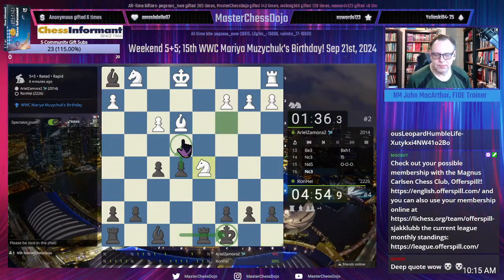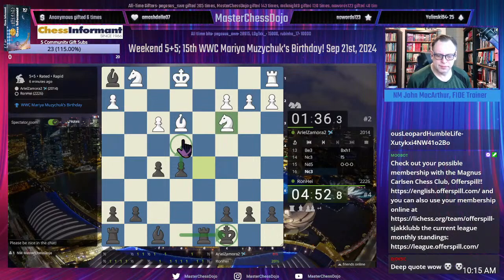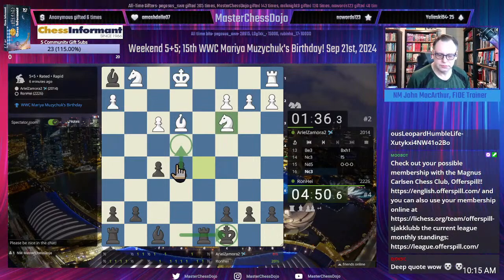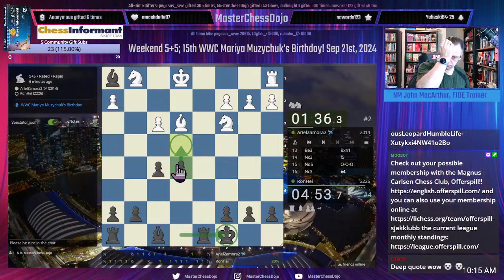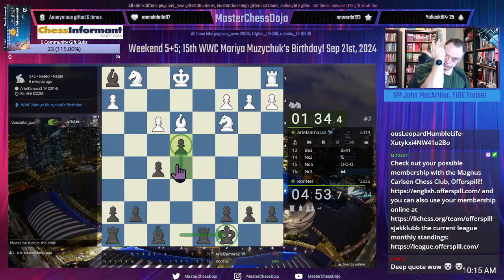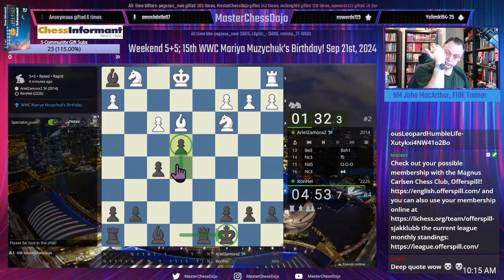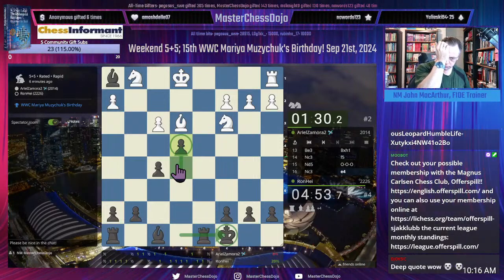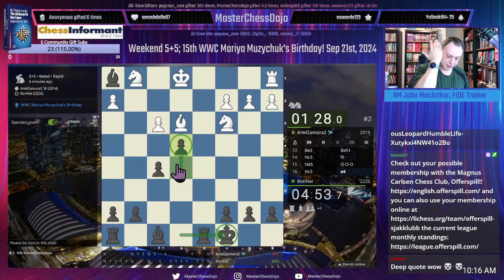E4 frees the bishop. Nothing we can do about it. Black is about to win the opening.